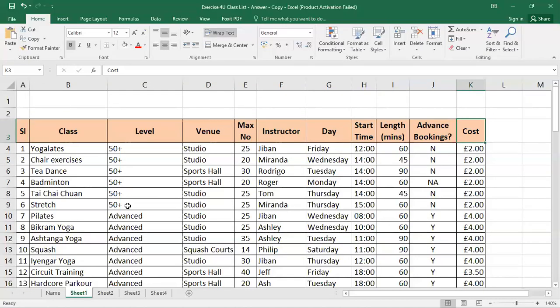Now, to implement sorting, first we have to select any cell of this particular title and go to the sort and filter under the home tab. Look here in the sort and filter, here it is a filter option. Right now, these are the filter options, and if we want to sort this particular event by the level or by the day where it will start, then what happens?